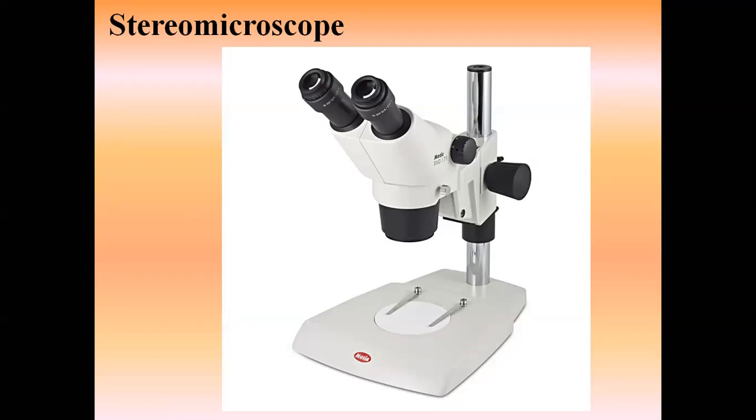Then again you have this knob to move it upwards or downwards. Then you have your stage clips. Then this stage is there. And if you observe the diagram, the stage is not movable. That is one thing. Then another very important feature is the space between your objective lens